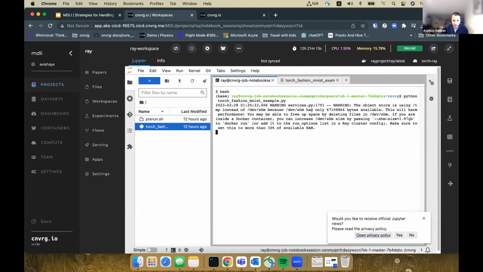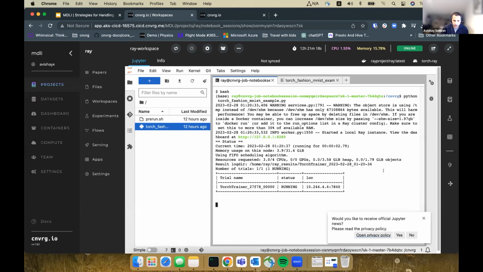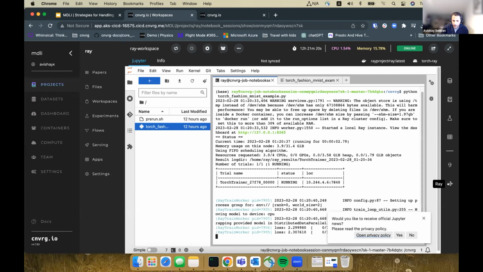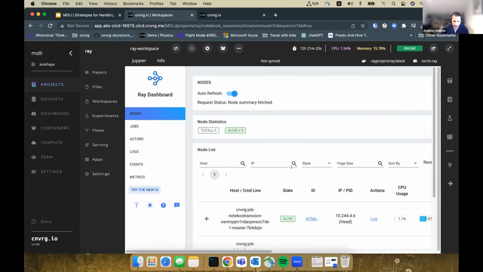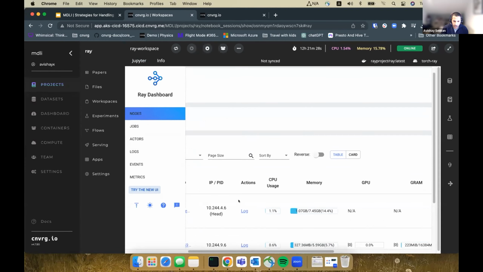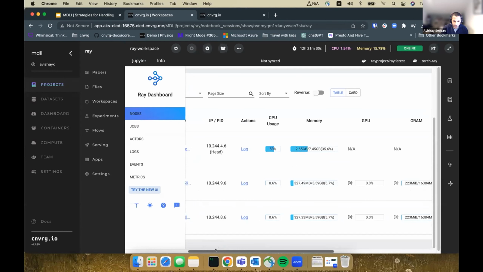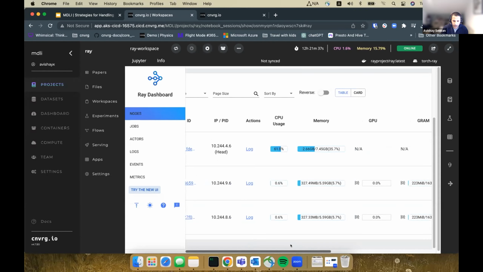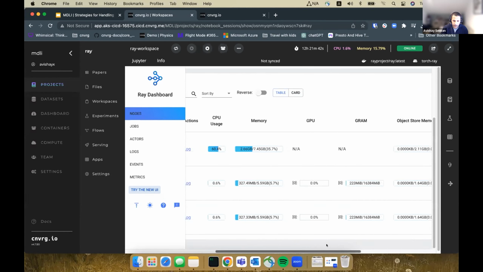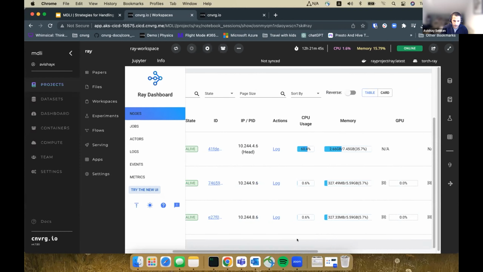And let's wait. Yeah, and as you can see, it started a local Ray instance. All I need to do is go to the nice icon over here on the right. This is the Ray UI, and I'm going to see all of my jobs. And this is the execution of distributed Ray jobs. As you can see, I have my master and 2 of my workers. And we can see that at runtime it's running and executing in a distributed fashion.